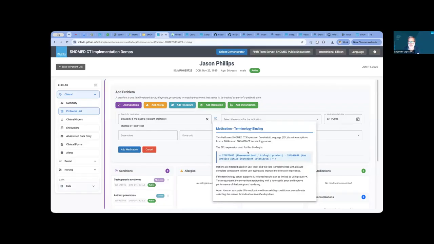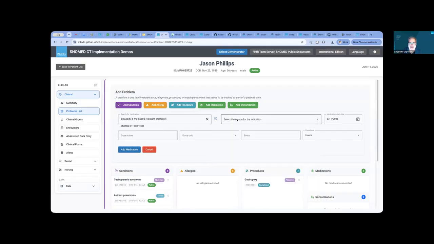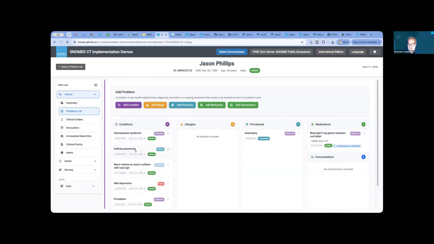And only the pharmaceutical products that have a precise active ingredient, which is a subset of all the pharmaceutical products. And I can say that I ordered this for the gastroparesis syndrome, and this is the right date, and it's one tablet every 12 hours, and I add the associated medication.